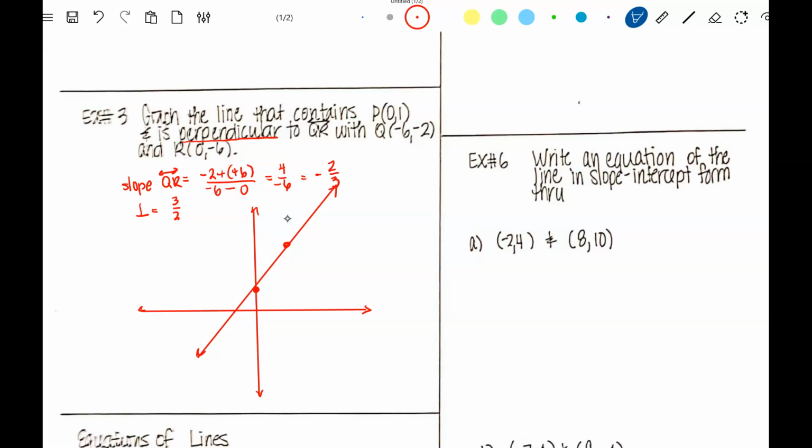Now let me show you line QR real quick. Let's say it goes through the same point, but it goes down 2, right 3. It's going to be about like that. The one in red is the one you're supposed to